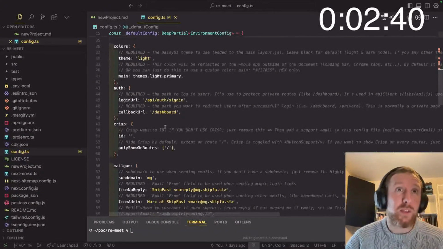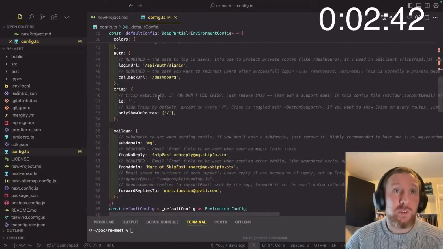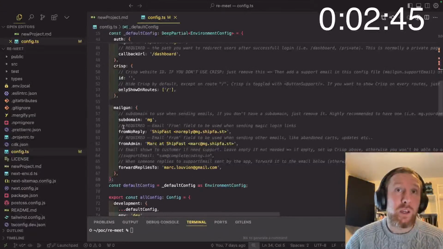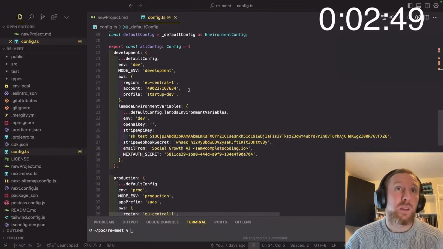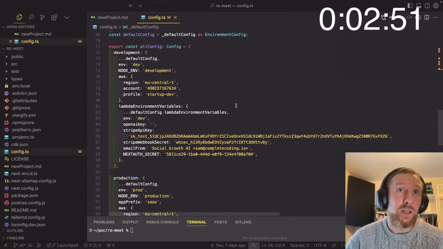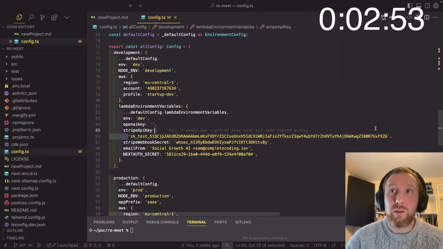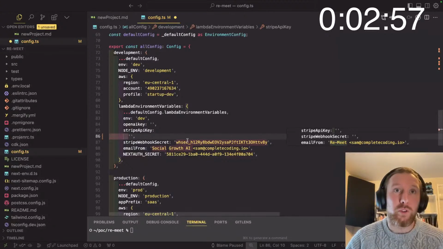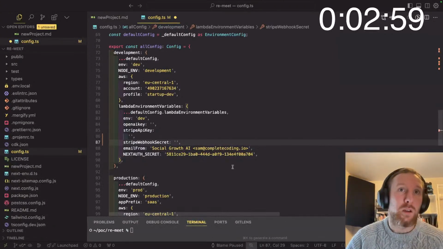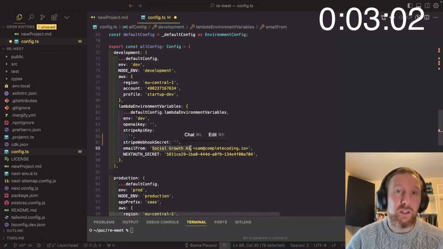There's some colors, some themes, some auth setup. Most of this stuff we don't need to change. And I'm going to go down to development, and I have all my config details. What we can do in here, we don't need the Stripe API key or the Stripe webhook. The email from, I'm going to just change that to